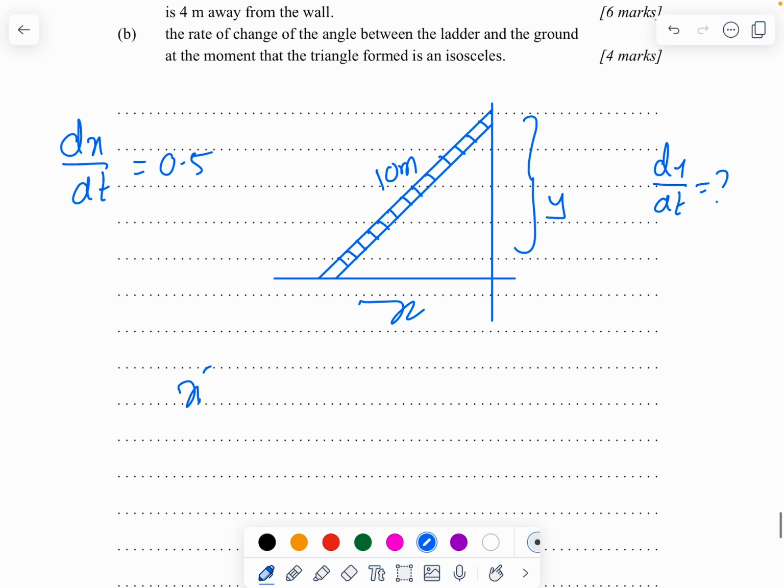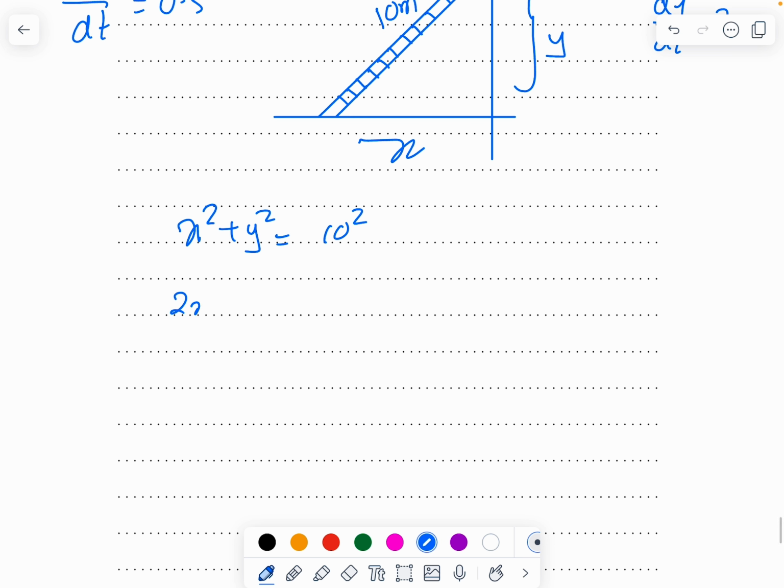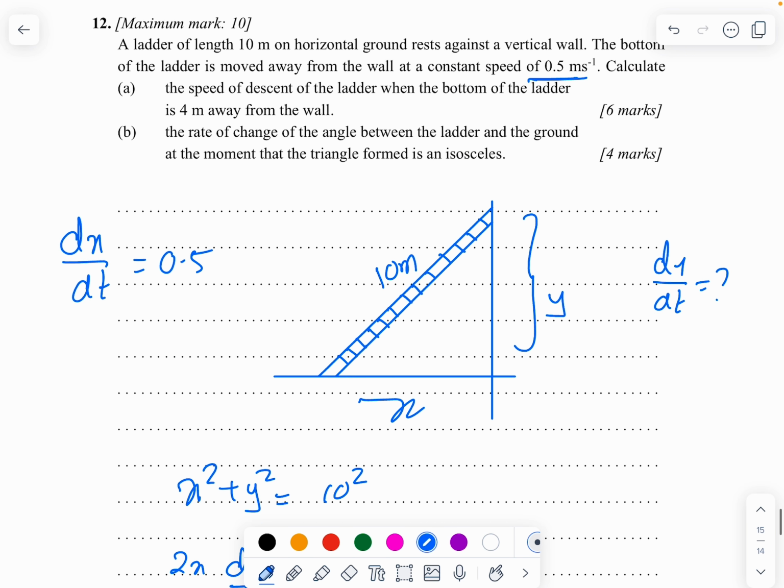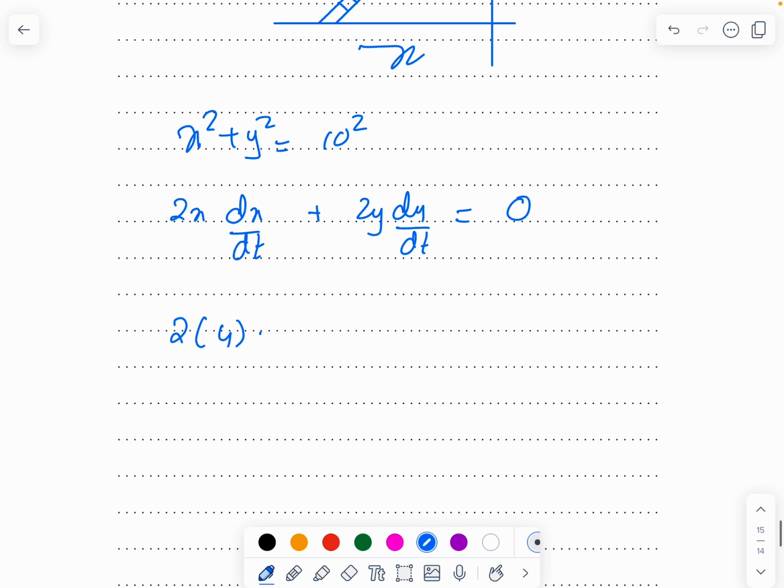We know that x square plus y square equals 10 square. So find the derivative: 2x dx upon dt plus the y square derivative is 2y dy upon dt, and the 100 derivative is 0. So now 2x, where the x value was 4, and dx upon dt value is 0.5,